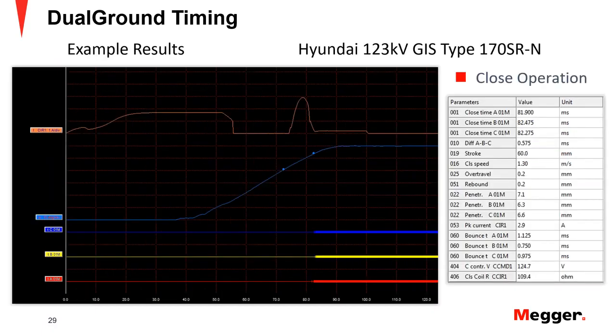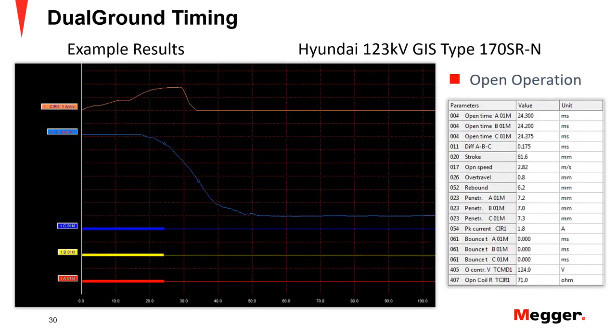Looking at another example, in this case a Hyundai installation, 123 kV. Same thing, we were able to perform it, but I'm only showing the DCM results for the close and open operations here. And notice one thing, our results are also showing motion, a very important measurement on all circuit breakers. GIS breakers are no exception. So you want to perform motion, and again,